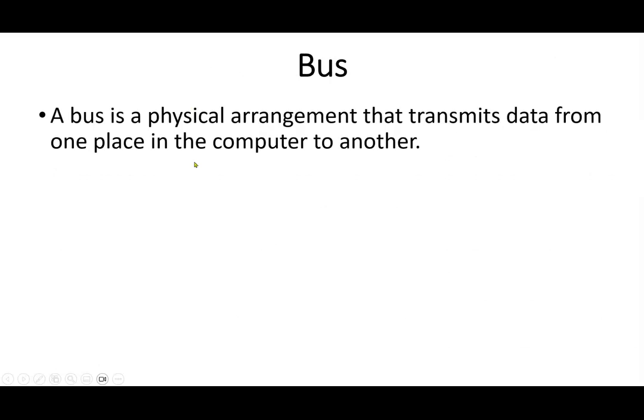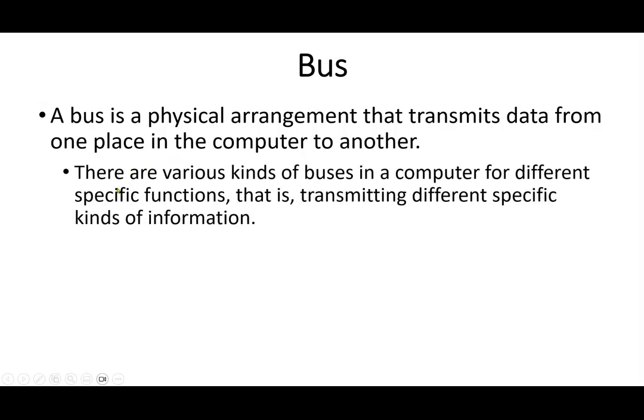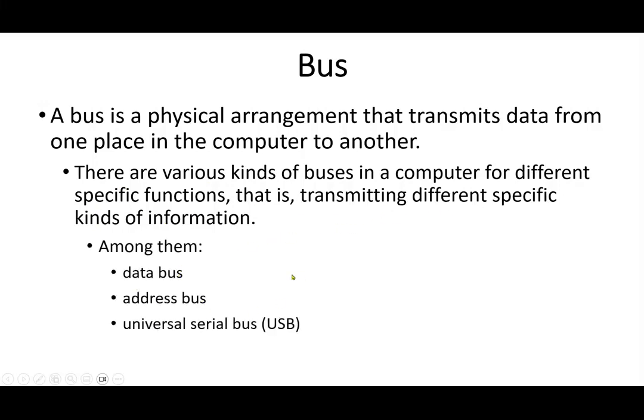A bus is a physical connection for transmitting data from one place in the computer to another. Computers have several different kinds of buses for different kinds of data. They have buses to transmit data. They have buses to control addresses for data transmission, and there's a universal serial bus, a USB,